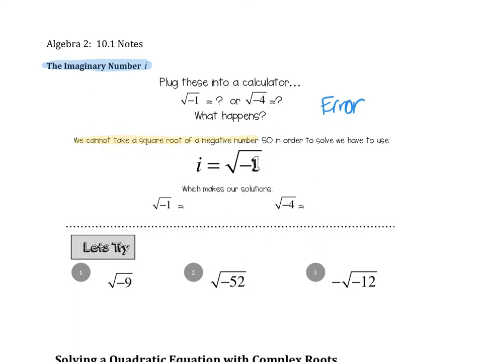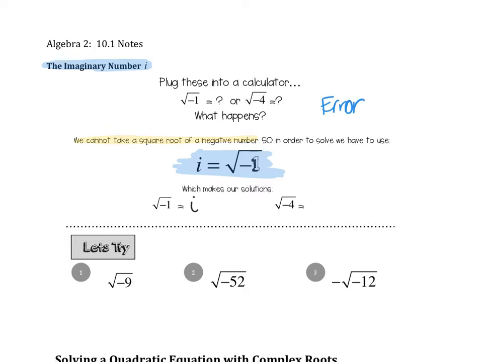So here it is. The imaginary number i is the square root of -1. So whenever we see the square root of -1, or if we can pull out the square root of -1, we're going to call it i, which makes our solutions to these a little bit easier to solve. The square root of -1 is just i,